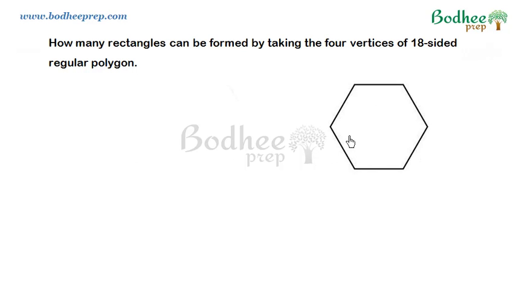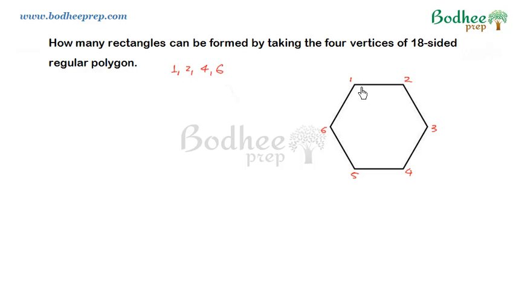Suppose this is a hexagon and I want to use its vertices to make a rectangle. There are 6 vertices, so let me name them 1, 2, 3, 4, 5 and 6. If I randomly select any 4 vertices, it may not be a rectangle every time. For example, if I select the vertices 1, 2, 4 and 6, then definitely this is not a rectangle. So to ensure that a rectangle is formed, I'll first